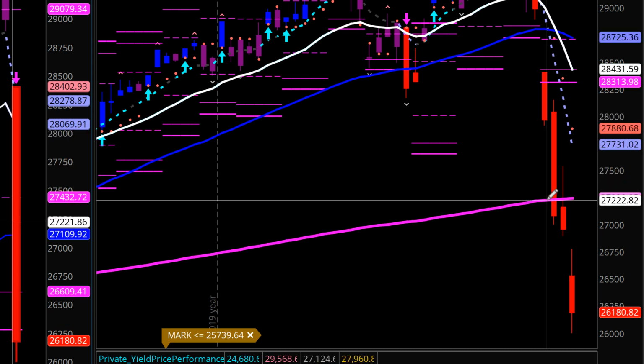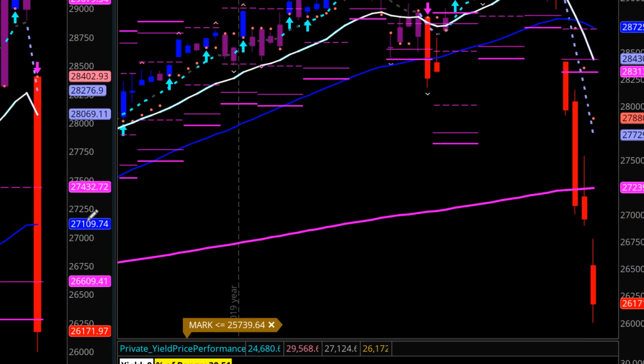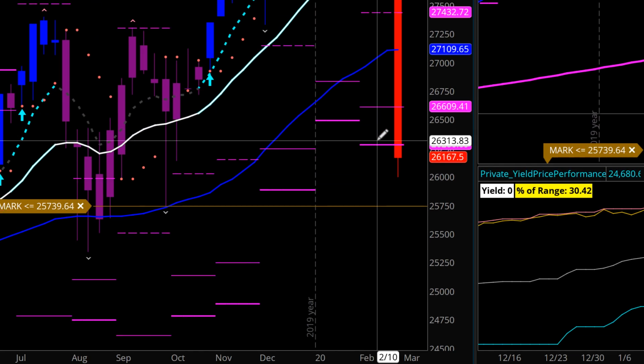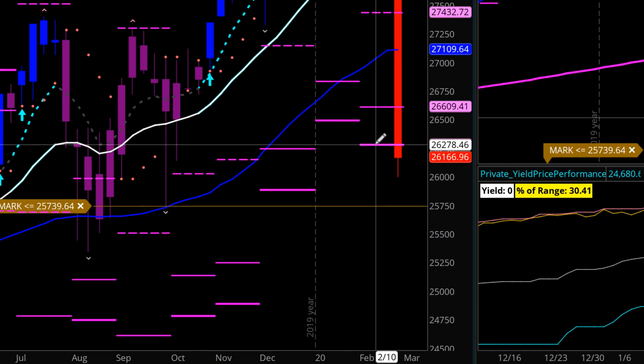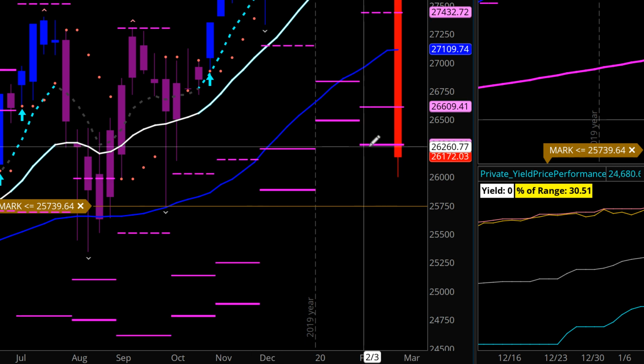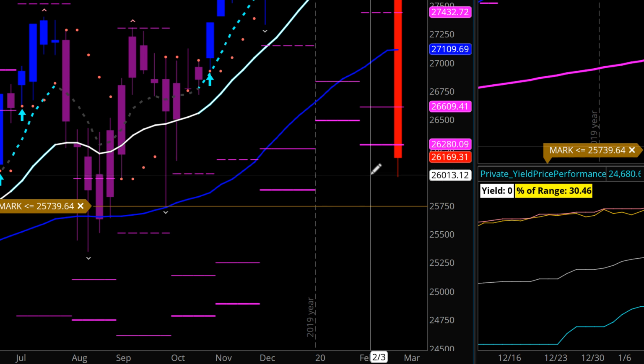But this again is a black swan. So you look at really strong levels of support that almost always work. Well, when they begin to fail, that is your indication it's a black swan, not just a normal market correction. You can see these pink levels here that I've got. These are based on a monthly, so on a weekly chart, this is the maximum you would expect for a given month. This level right here,